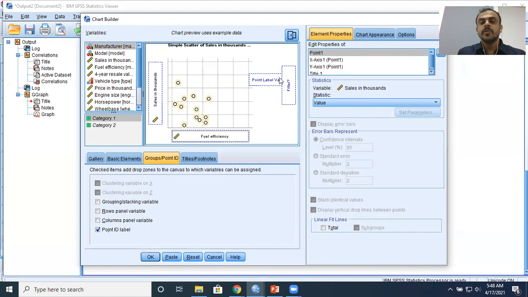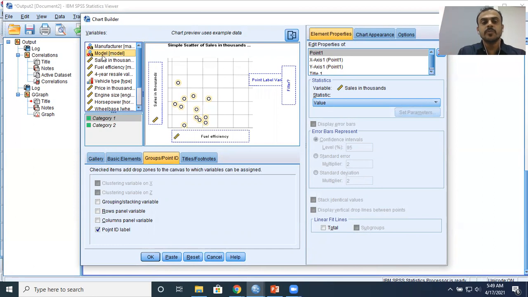You can just ignore the filter option. You can just focus on this particular option, point label variable. What you need is a unique row identifier. Had it been an employee data set, I could have taken master ID or customer ID, something of that sort. But this is not of that nature. You don't have customer ID and such things. What you have is model of the vehicle, which is very unique. It's a unique row identifier. It identifies the row distinctly, which means that there are no repetitions.